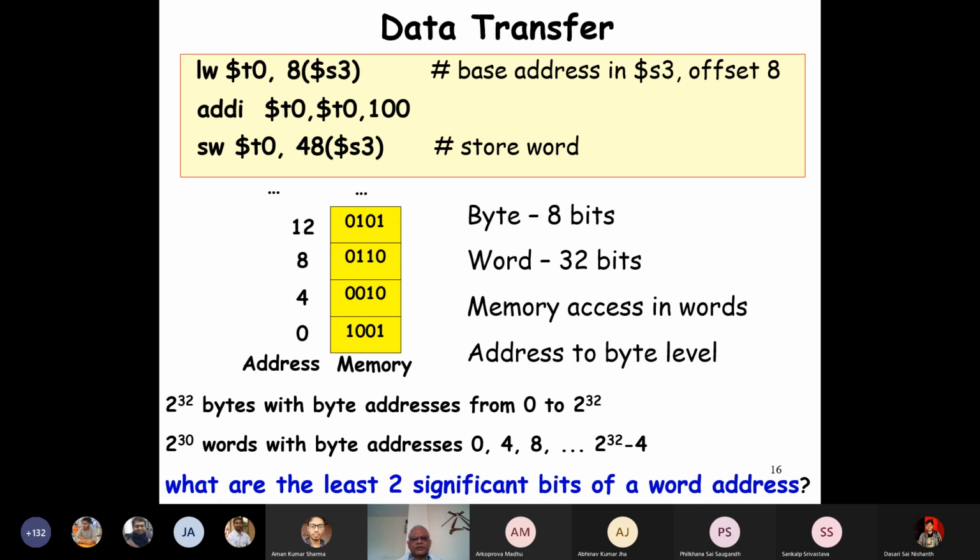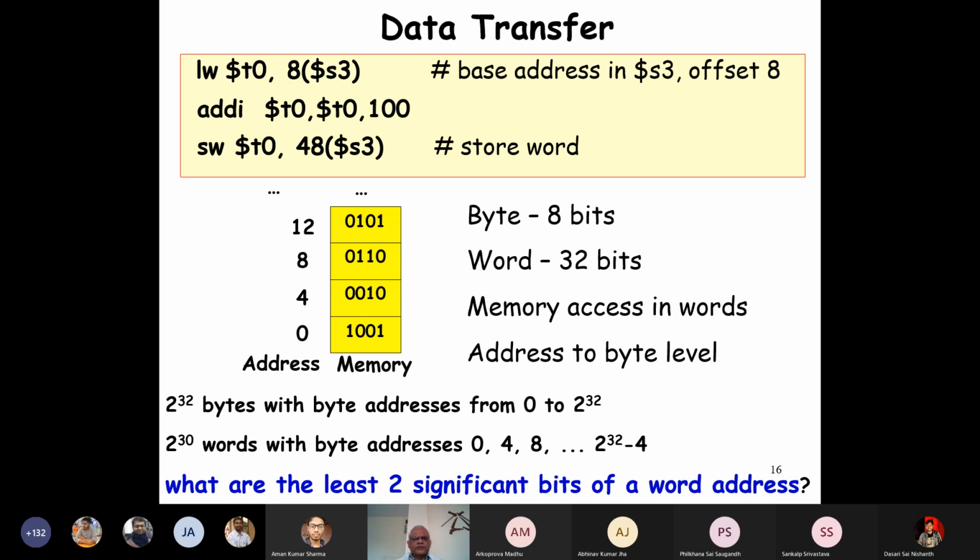So the 4 bytes from 0 are storing this number 1001, and 4 bytes starting at byte number 4 in the memory are storing 0010 and so on.